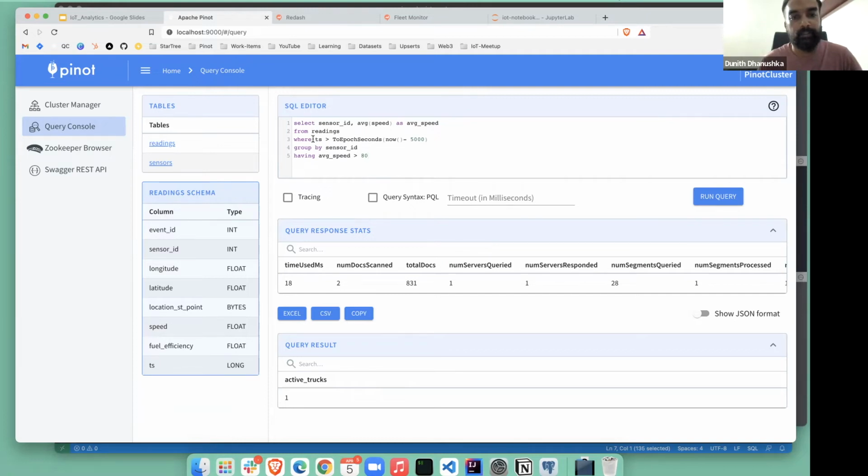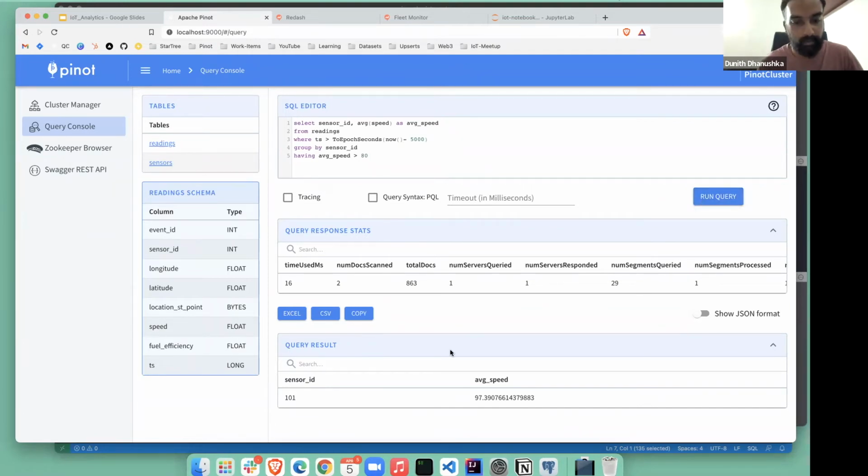We also filter on the timestamp field, and then we group the readings by sensor ID. We take the average speed and see whether, for the last 5 seconds, a given vehicle exceeds this threshold. If so, we list them out. That's what I'm going to do.